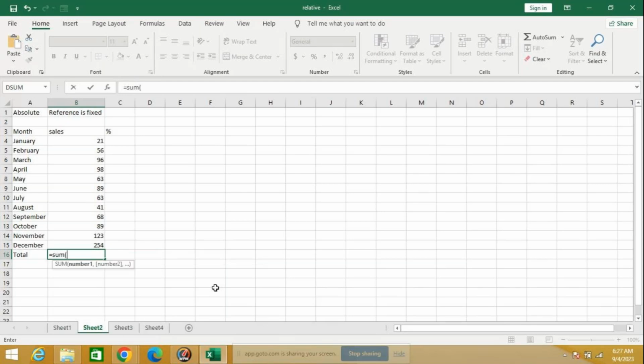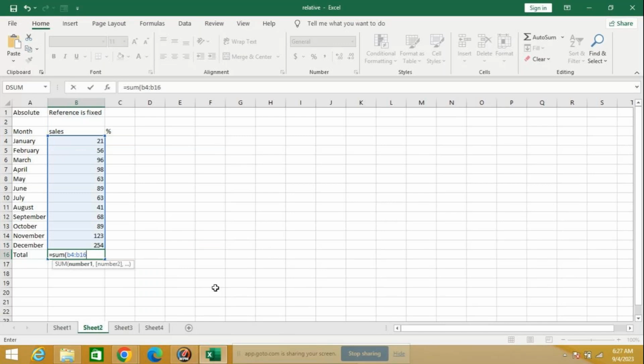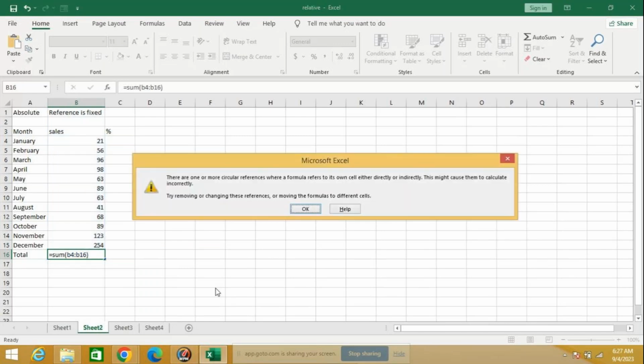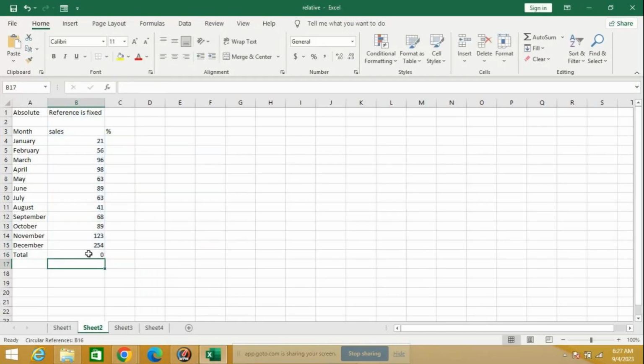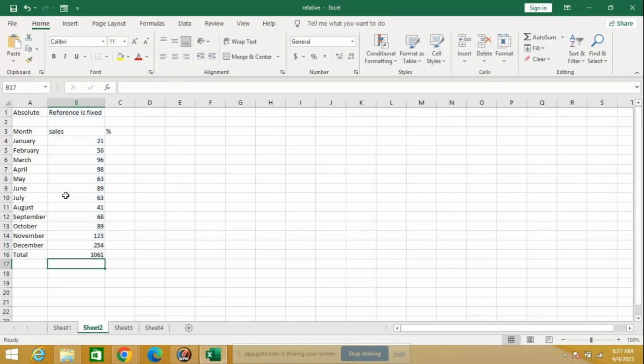Your range commences from B4 to B15. So now you have got the total sales. Now I want to know the percentage. So if I want to know the percentage, equal to,